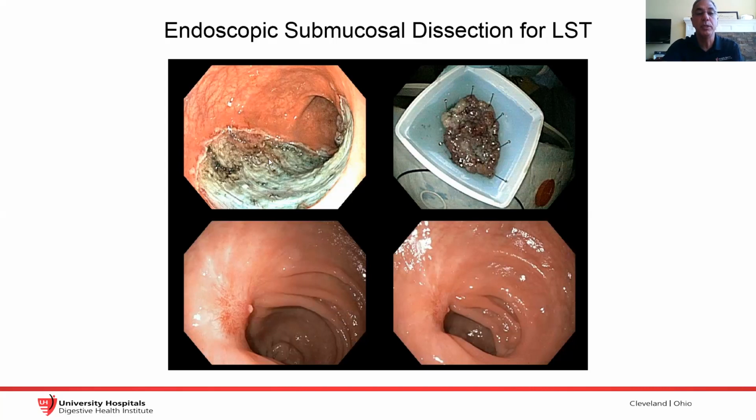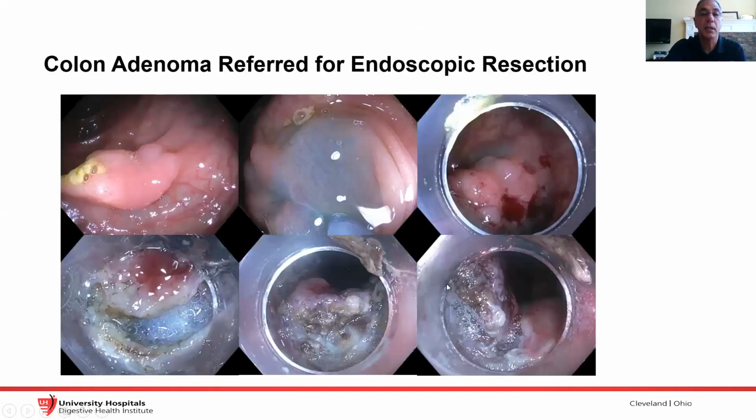The position's a little bit different because the patient was turned on their back towards the end of the procedure. This is the specimen, about 8 centimeters, and this is what it looked like at 6 months. A nice resection area with a convergence of folds and a flat scar. This would be an area of interest of mine, the